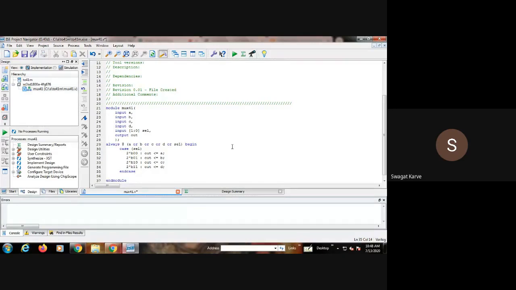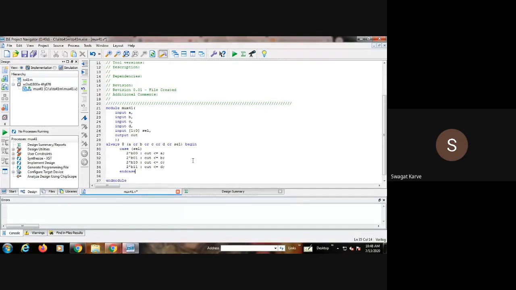So how am I using this? Always at the rate, that means either A, B, C, D or select. If any one of these inputs changes, then this always block will get executed, right? Then case select. Now we are using the case statement.